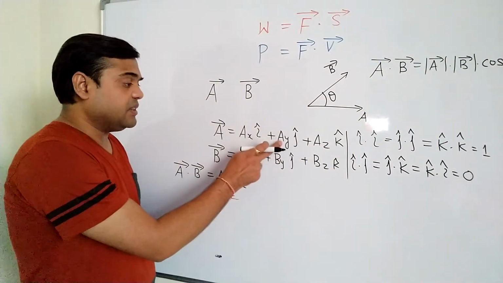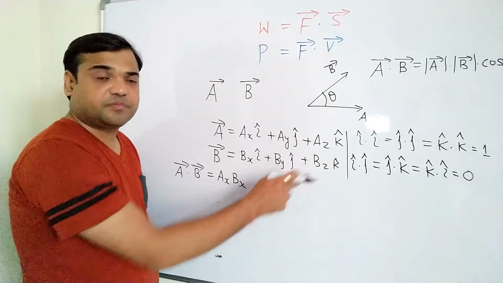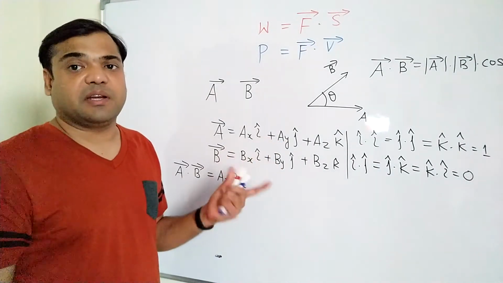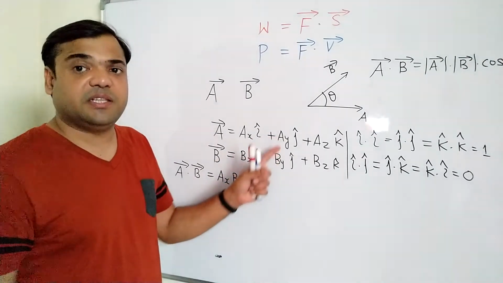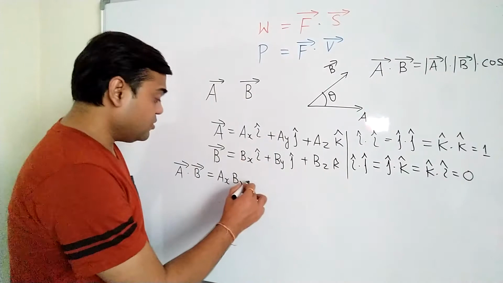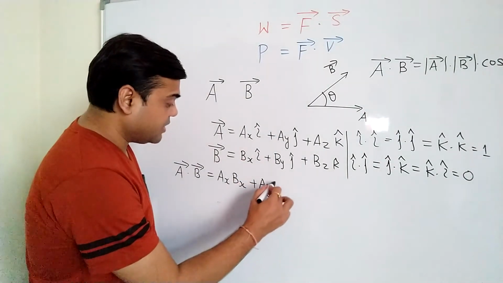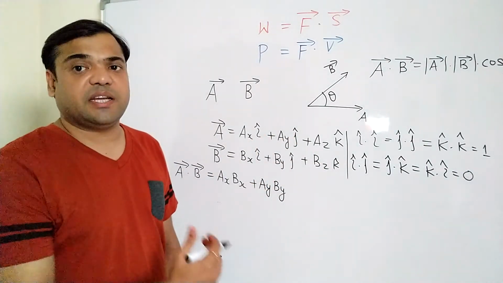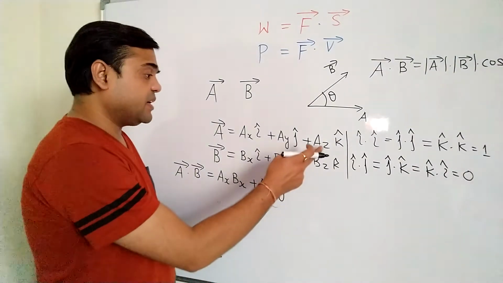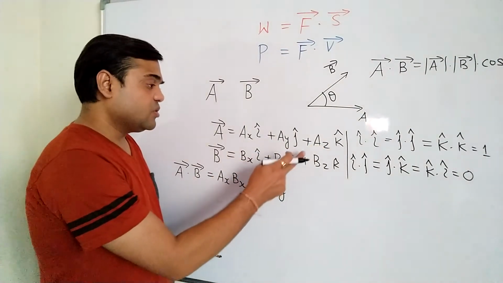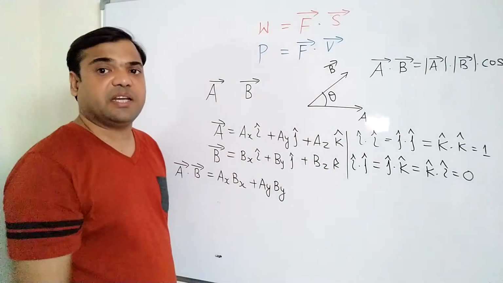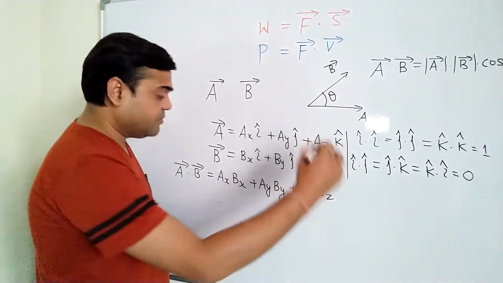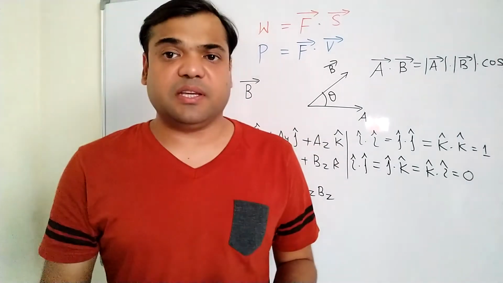Now when we multiply this term with all the three terms, so ay into bx, j cap dot i cap, again 0. ay by, j cap dot j cap, it will give us 1. So this term will be ay by. When we multiply ay with bz, it is j dot k cap, that is 0. When we multiply az with these three terms, only term that will remain will be az bz, all the other terms will be equal to 0. So this is the value of dot product of a and b.